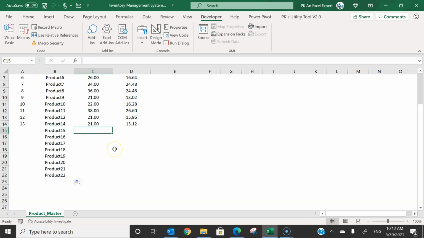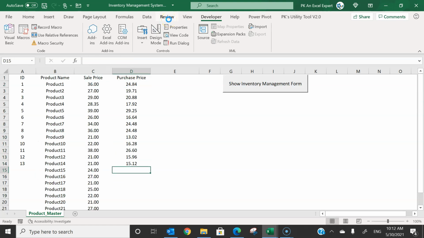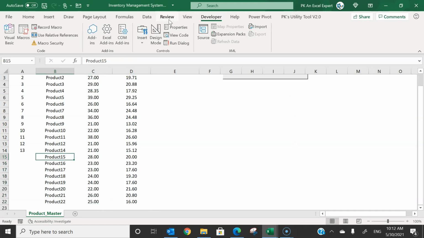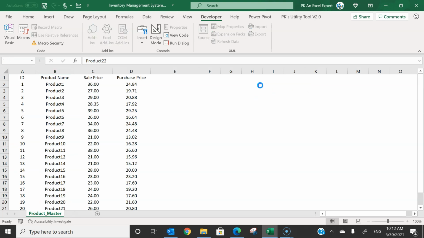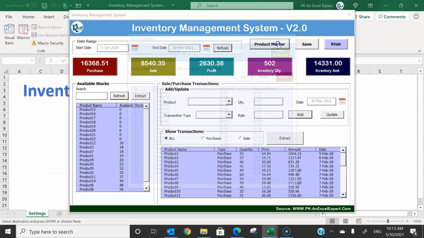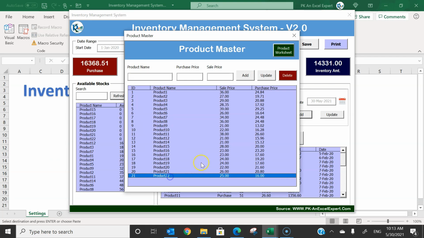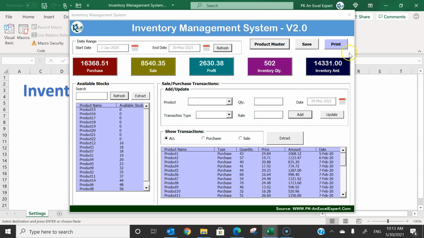And here I'm putting some random number, the price. You can change it. You can see the sale price, purchase price. Let's say I'm just taking 80% of it. New list. And we can copy this formula and fill this down till here. Just copy and paste. Let me just click here. If I go to the product master, then you can see we have the entire list here. Let's close this.